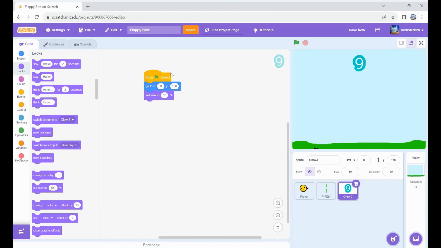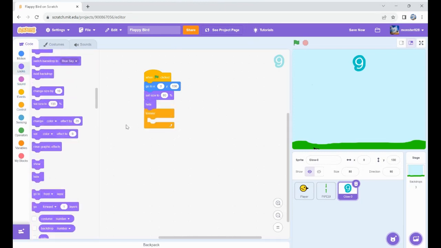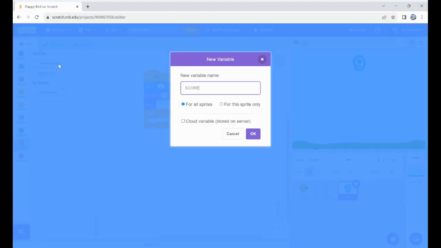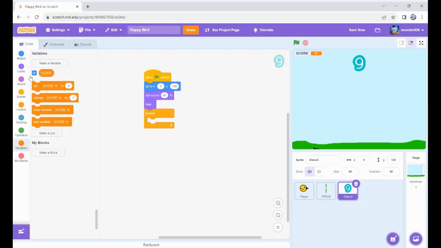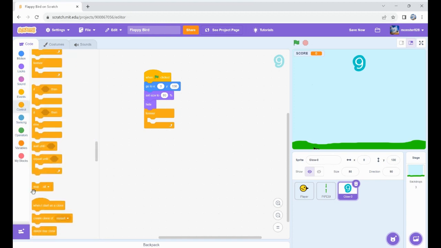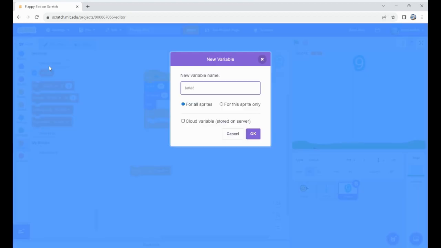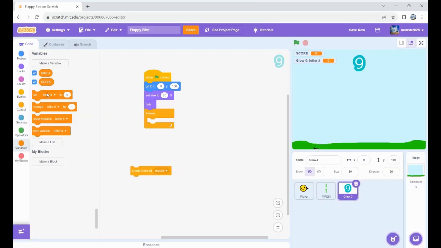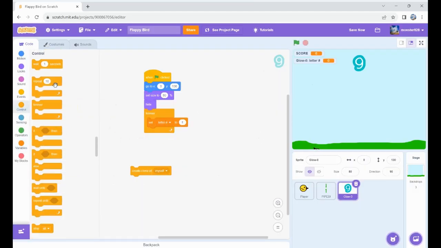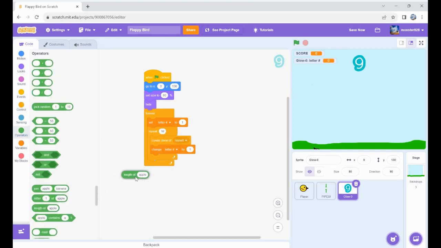Okay, after we have when flag clicked, go to and set size, let's bring out a forever loop, and after hiding the sprite, let's create a new variable called score. I'll bring out the create clone, but let's create a new variable called letter hashtag for this sprite only, and let's set it to 1, and then create a clone of myself right after that, and then let's change letter by 1, and then let's have it repeat